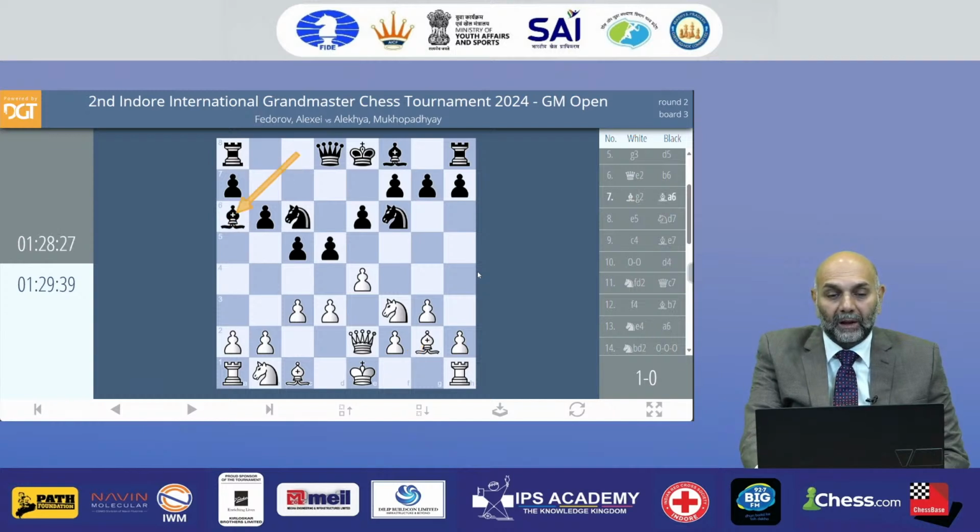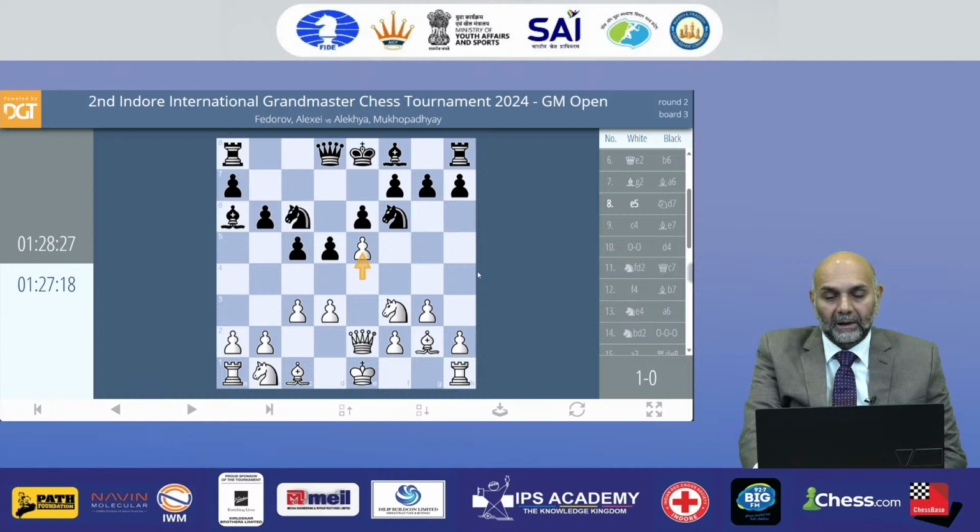An ambitious move, but a move which compels White to take a decision. Black is threatening to win the pawn on e4 because the white pawn on d3 is pinned and the recapture will not be possible. So White is compelled to take a decision, either to capture the black pawn with the white pawn, which would be a bad move, but then moving the pawn to the center, a further central square, is a logical way of playing this position and gives a slight advantage to White if Black doesn't have any immediate recourse to counter at the center.